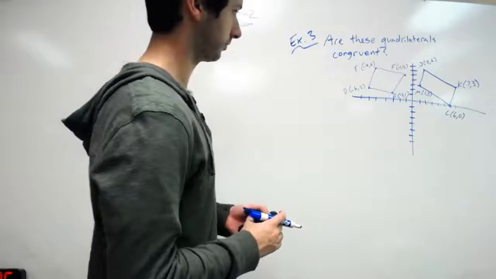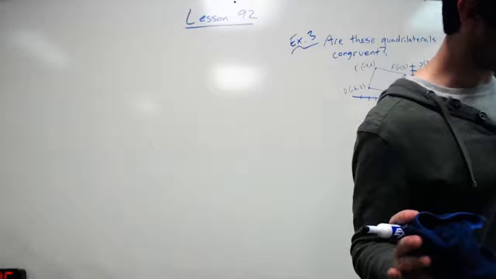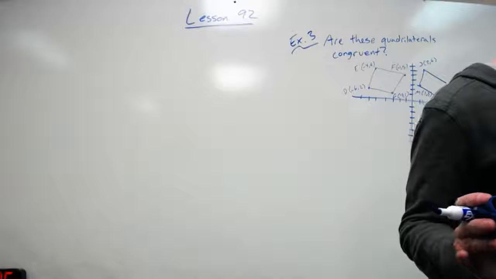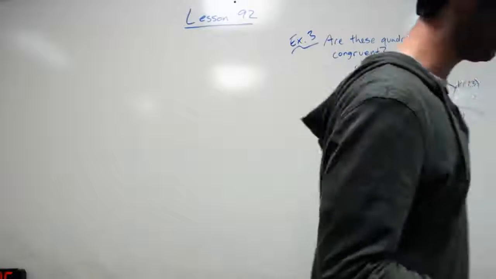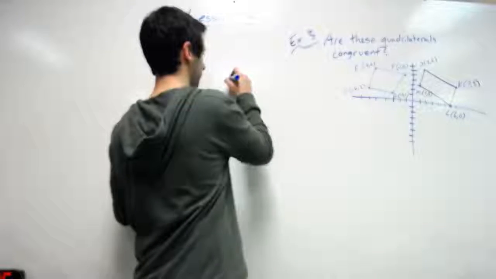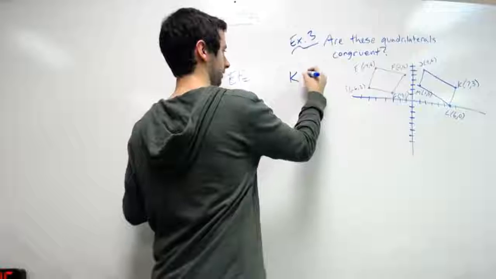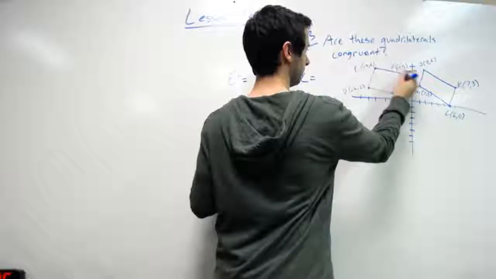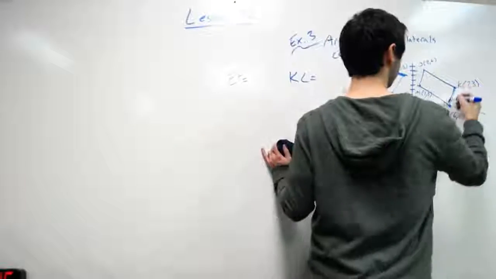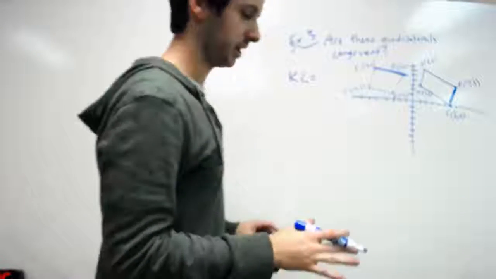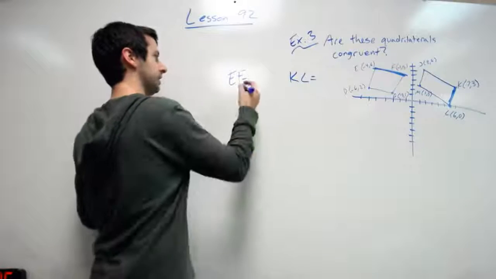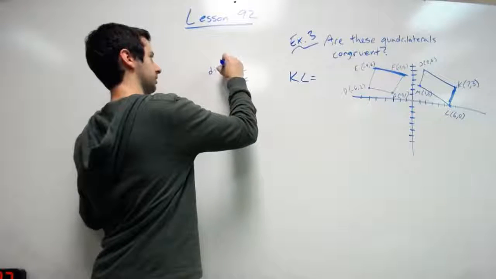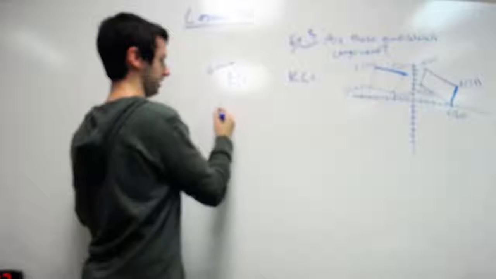But the book draws it better than I do. So I'm just going to do some of the sides that the book says we're seeing if they're congruent. So the first one we're going to look at is EF and KL. Because in the book, the shapes are a little rotated. Once again, the picture's better in my book than on there. So we need to find the distance of both of those. So first, EF, so our distance formula,